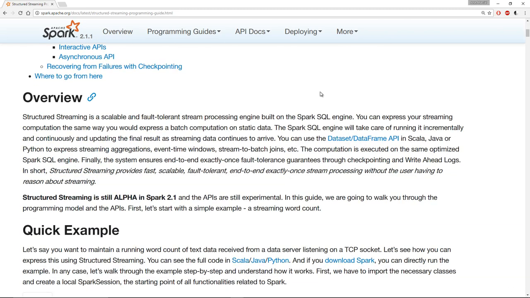But basically what this is, it's using Spark Sessions, what we've been using throughout the course, for streaming. And what it does, it's basically Spark streaming that's running on top of the Spark SQL engine, and then you can use the dataset and dataframe API in either Scala, Java, or Python. And eventually, at some point in the future, this is going to be your main go-to whenever approaching a streaming